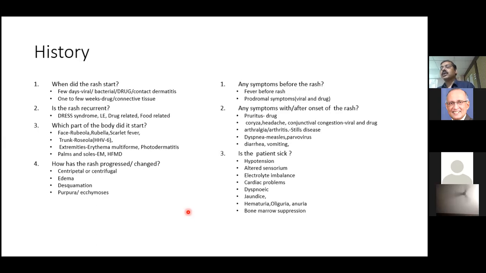Next and most important is the patient sick? So if the patient is sick, you have to give a guarded prognosis because he's come with either a hypotension or an altered sensorium, which may be indicating an encephalitis. There may be electrolyte imbalance. There may be cardiac problems, which you might never have thought of. Suddenly patient goes into a bradycardia. It could be a myocarditis, or it could be a pericarditis where the patient is finding it difficult to even respire at